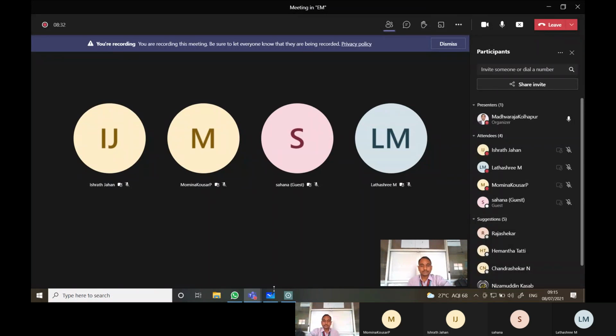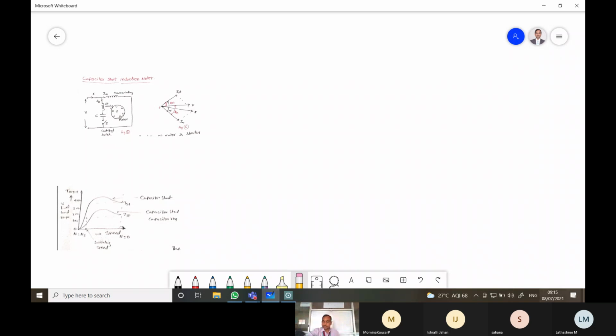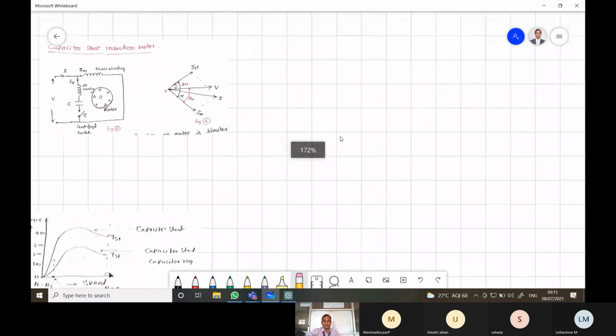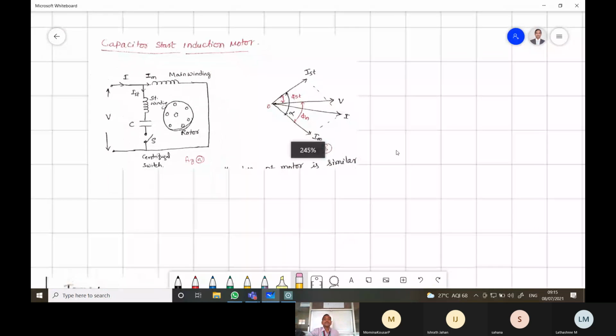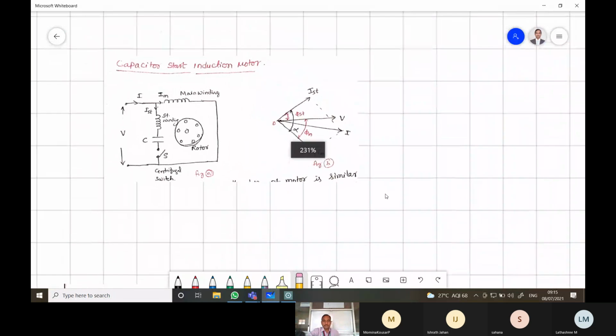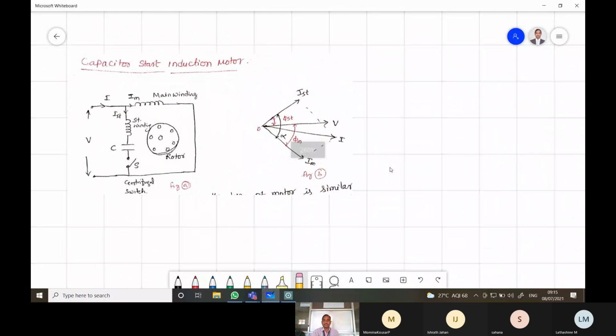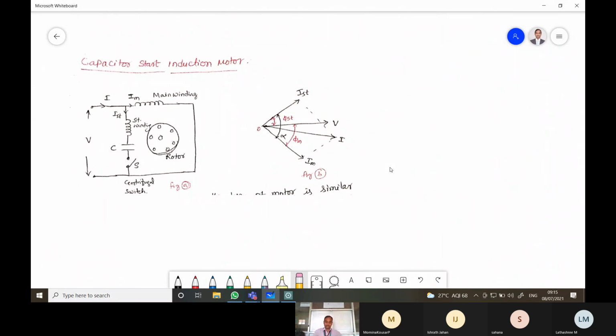Okay, good morning everyone. Today we will discuss a topic on capacitor start induction motor. In the last class we discussed the split phase induction motor, right? In the split phase induction motor and the capacitor start induction motor, only one difference is there. In the previous case, we connected the starting winding with a resistance,